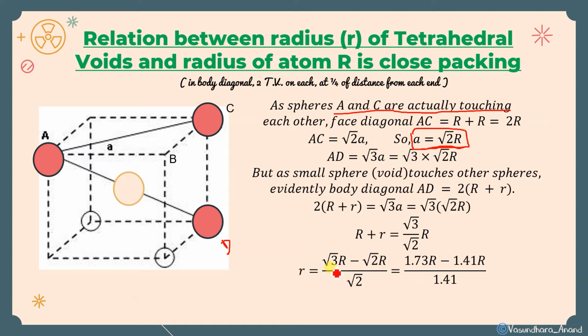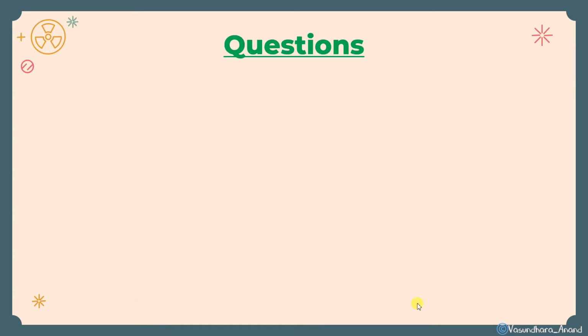Yes. Root 3 is equal to 1.73. We know that. And root 2 is equal to 1.414. We know that. Yes. So just solve it. You will get this 0.225. All this subtract and then divide. We will get 0.225R. It means that,